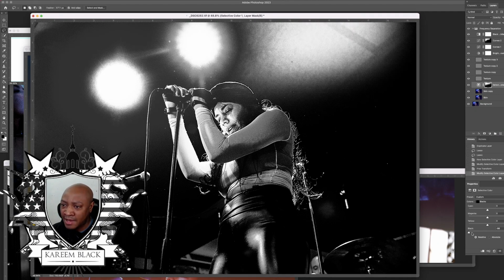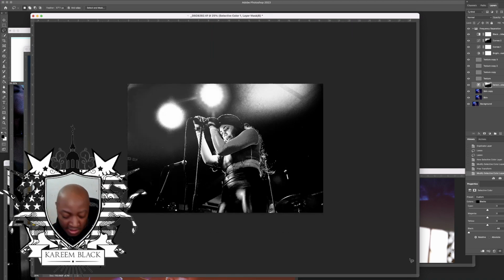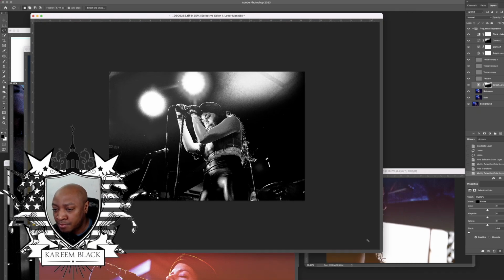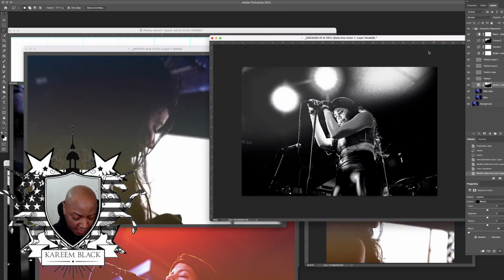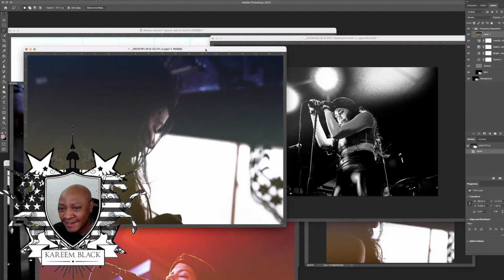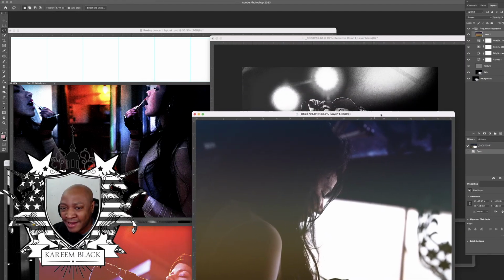I think it provides some sort of environment, and I think that it starts to accentuate the glare from these lights. I think it makes this photo look bigger while at the same time providing a sense of place. Let's do that. I sort of want to call that our intro